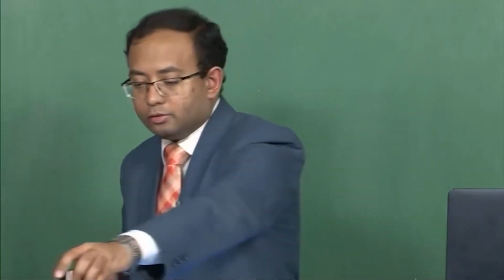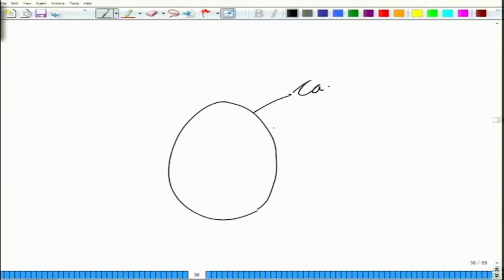Now, if you have this egg and a bird that is sitting on it, you have some amount of force being applied on this egg. The egg is able to withstand that force because of the thick shell that it has. So, this shell acts as a mechanical support for these eggs.